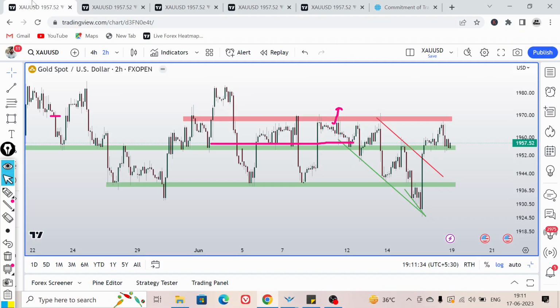And if we talk in terms of price action, you can clearly see, we already discussed this chart many times in Telegram during the live trading session, we are still in the range. Yes, we have seen a good breakdown from here, but price quickly recovered. You can say this was a false breakdown to trap the bears, and currently we are trading near this support. You can see this level around 1955, 1952, right over this region is a good support, and currently